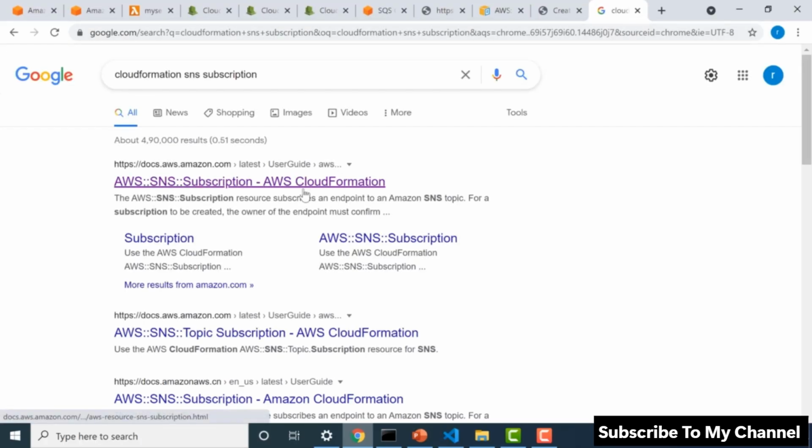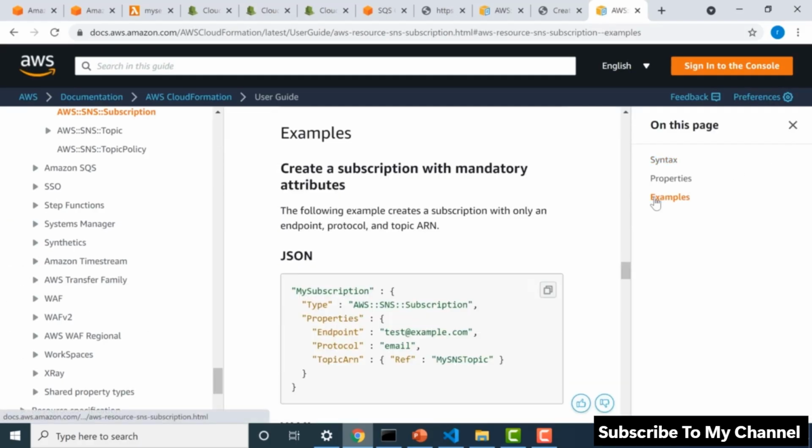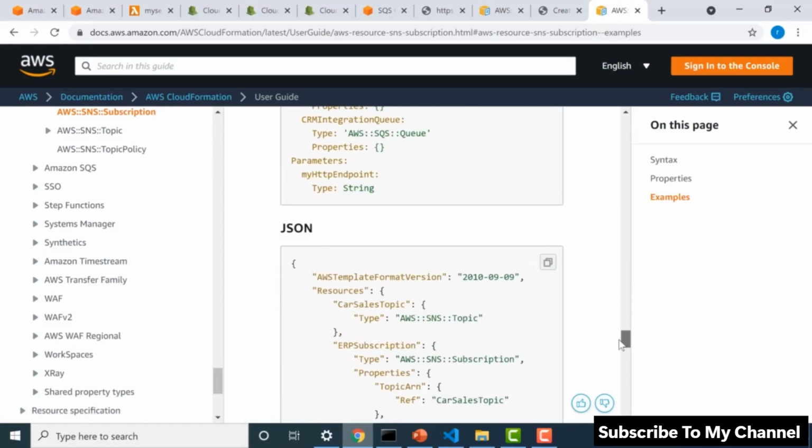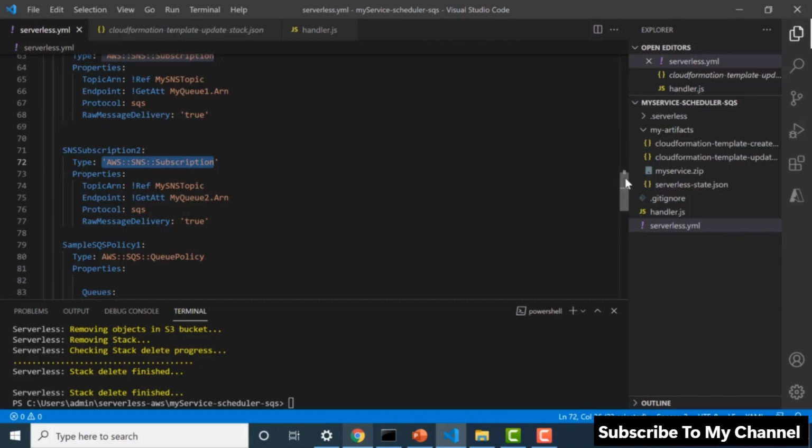And the first return would always be the one that you would need. So here you can always go check the example and see whether you have all the proper parameters set. Okay, so now that we have subscribed both our queues to the SNS, the other thing we need to do